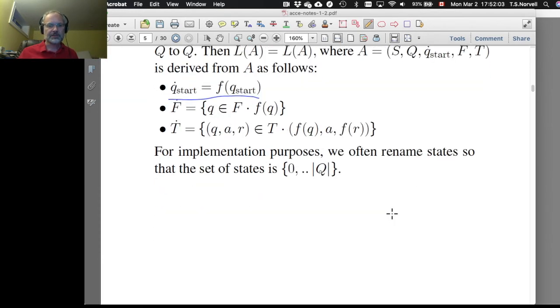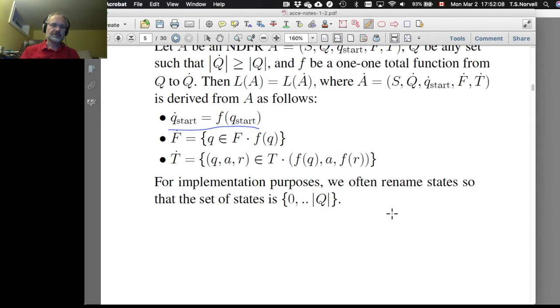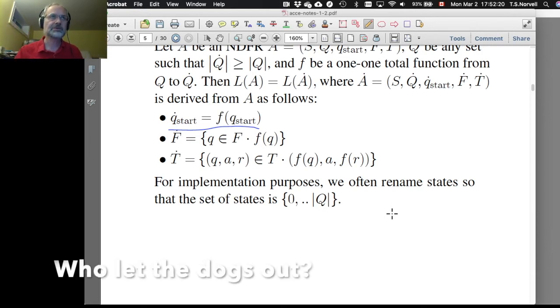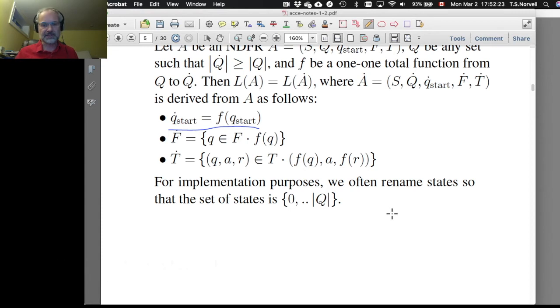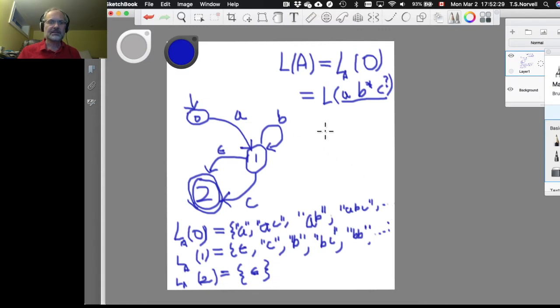Very straightforward. So in particular, you can always rename the states so that the states start at 0 and just consist of as many integers as there are states in Q. And that's quite useful because then you can use arrays to represent things. We'll see that later. So in particular, if we take this example here, I could systematically rename